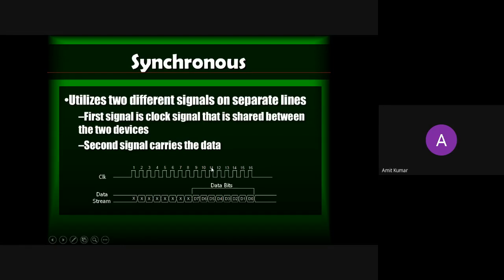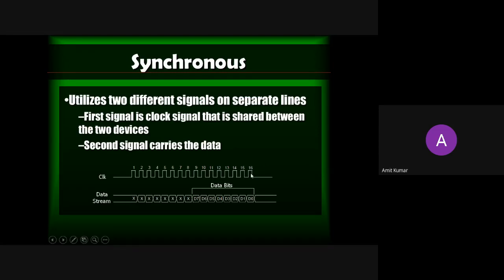So for that kind of thing, we have some control signals also for controlling the data rate. He will send a signal that you are sending at a very high rate, so you should maintain the rate, or you will not be able to see the data. I will show you in the demonstration what will happen if your data rate changes.